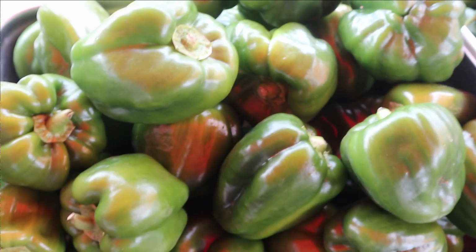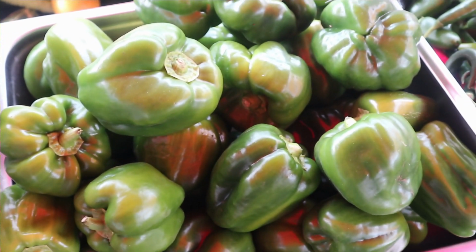They were a really nice bell pepper. Nice thick-walled bell pepper, nice flavor on them, really high production. I was really, really happy with the variety, and I was really happy with the peppers as an item to add in to our farm